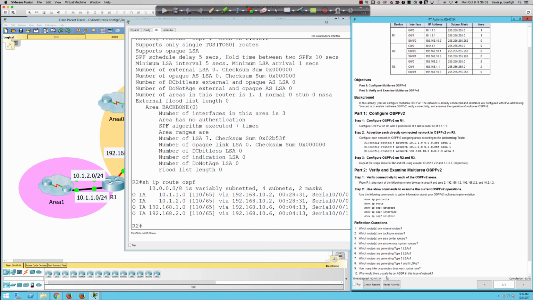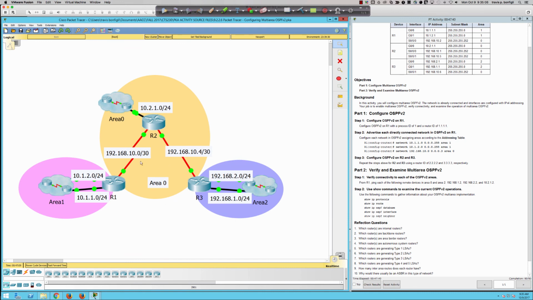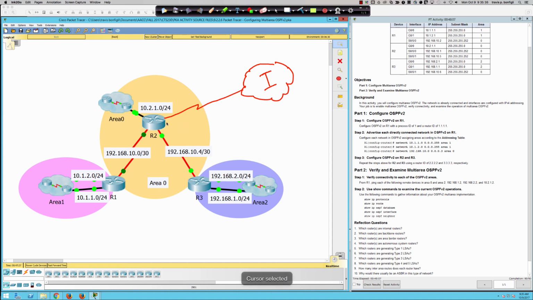So why would there usually be an ASBR in this type of network? And when they say this type of network, they're simply talking about a multi-area OSPF configuration. And again, it's a use case question. There may or may not be external connectivity. You may not need that, right? But let's say that this was the internet. And so the reason that you might have an ASBR in this type of network would be to provide internet access. So if router 2, and remember, we would want it here in router 2, or I mean in area 0,